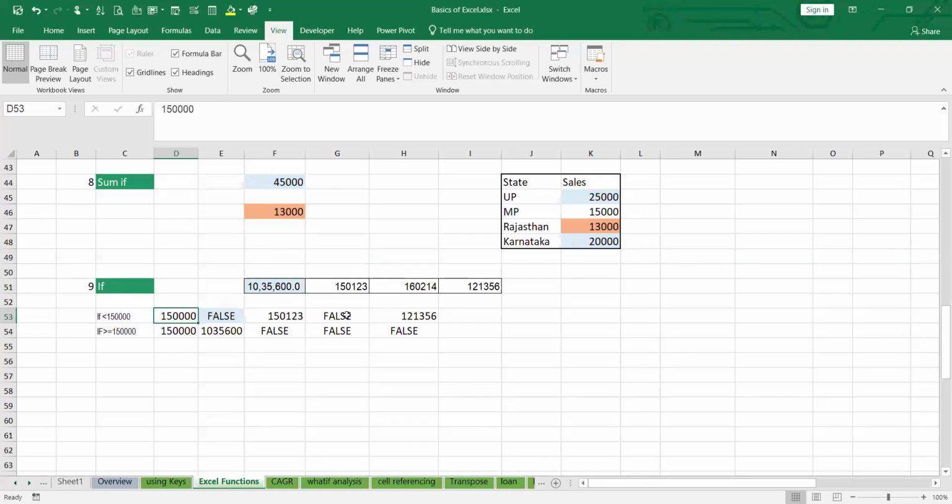You can take 10 lakh or 15 lakh. Then only this will be selected. Rest all will be discarded. Based on your condition, if it is greater than, less than, you need to specify the number only. So this needs to be written manually, and then once you are giving the condition,